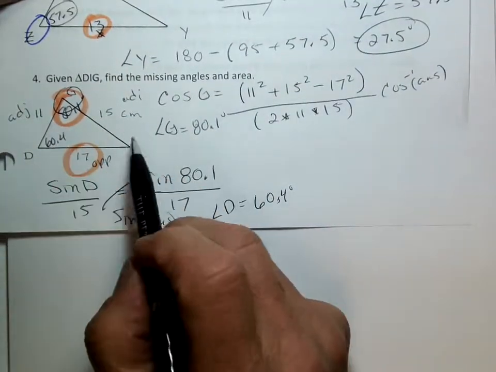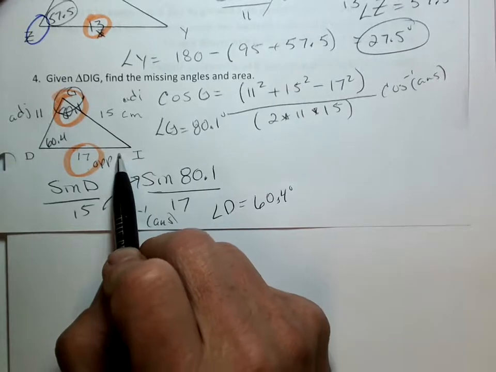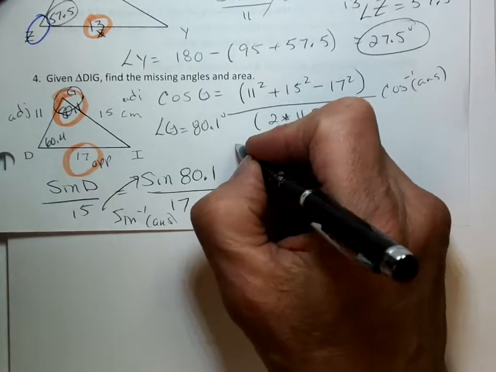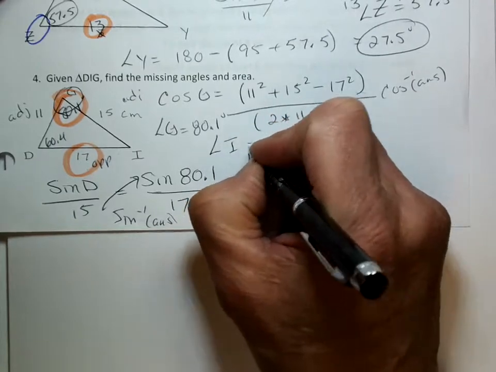So, the third angle, angle I, is easy. In geometry, 180 degrees. Right, Connor? And I'm going to go angle I is equal to 180